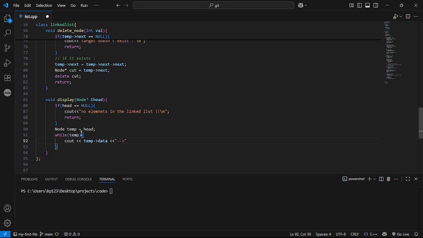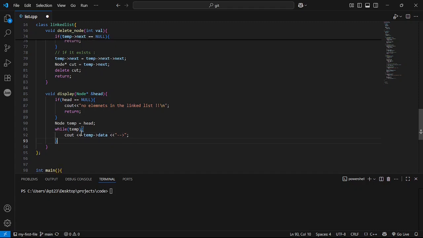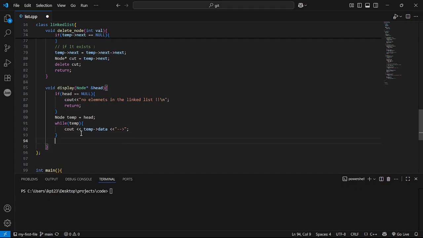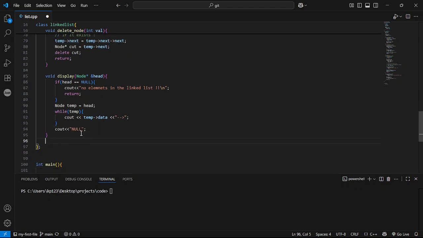To show the link we can obviously have this, and at the very last, when we have nothing in the linked list, we can just cout null, right? And then all we need to do is return from this point.